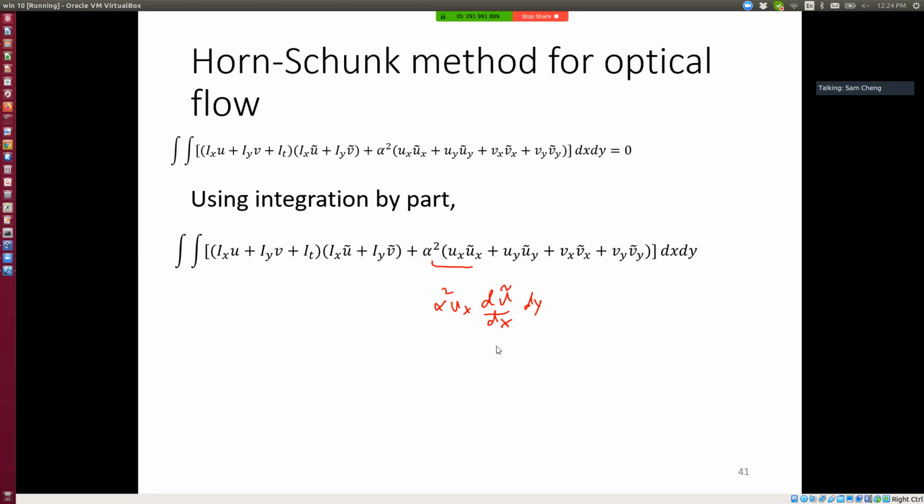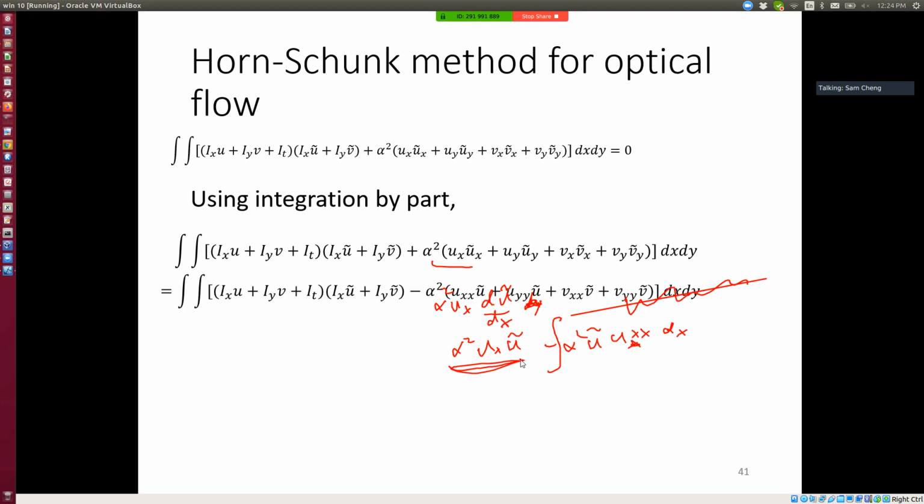So then I use integration by parts. I will get u x u tilde alpha squared. Maybe I ignore this dy for the moment. Minus u tilde alpha squared u xx, right? Take the second derivative in x, something like that. Eventually this term, because of the boundary condition, is equal to 0. So then I should have